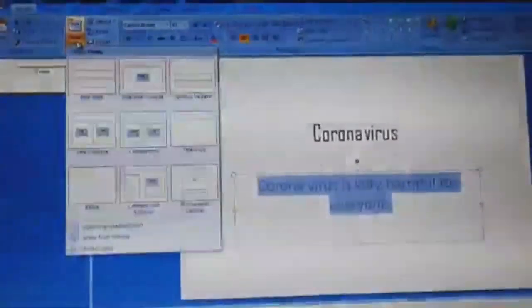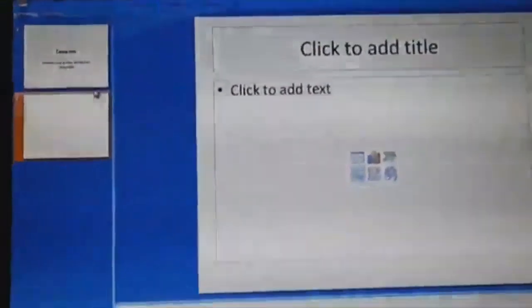Suppose I'm selecting from here and I want to choose this slide. Okay, then you can see here in your slide pane that now I'm having 2 slides. Fine. And if you want to change the position of your slide, that is also possible here. Suppose I'm writing something here, Hello.